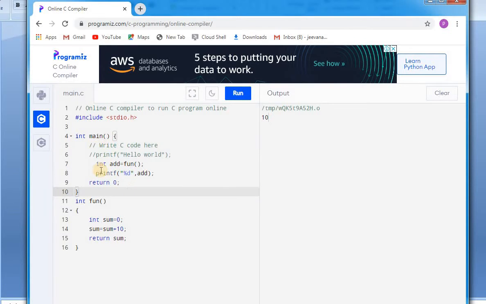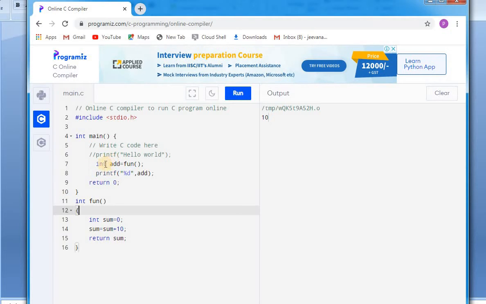Inside main, first I'm calling the function. Whenever the compiler finds a statement calling a function, it redirects to this function and executes the inner code of it. First I'll explain how I have written this code.